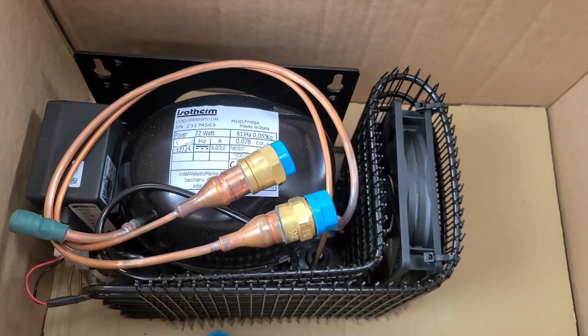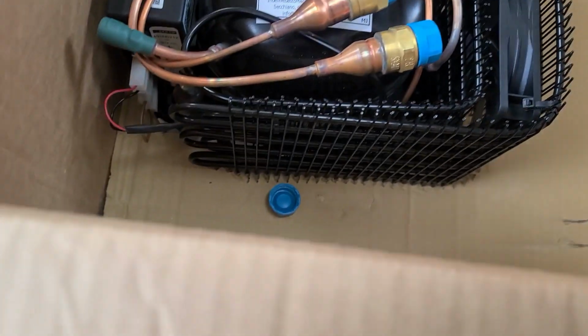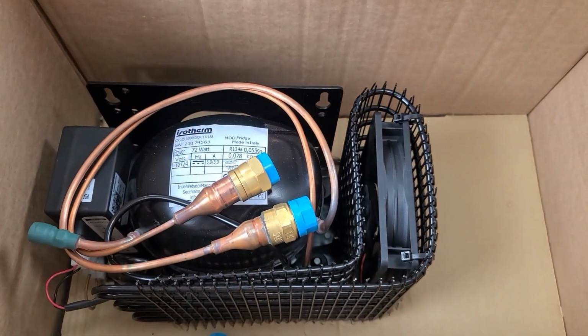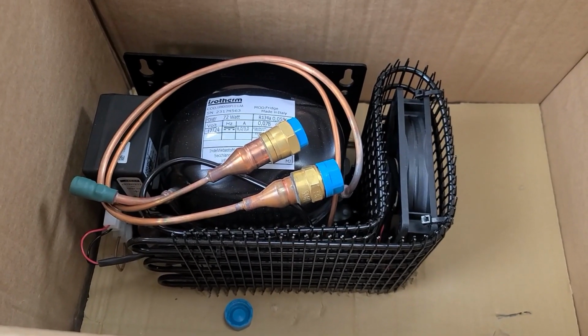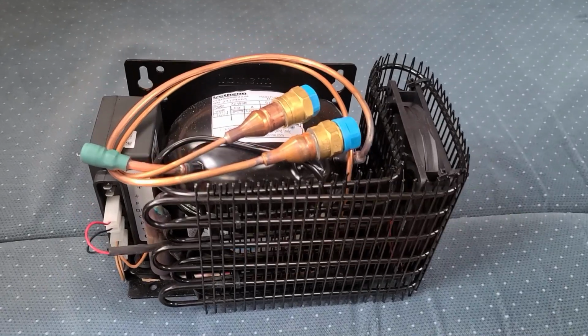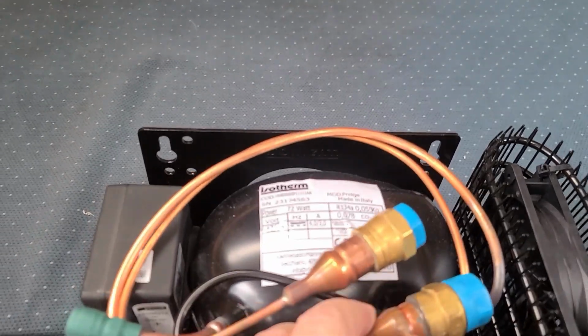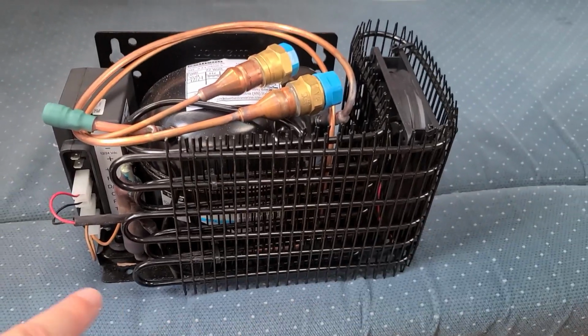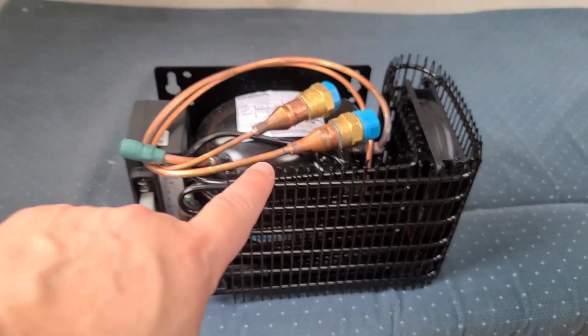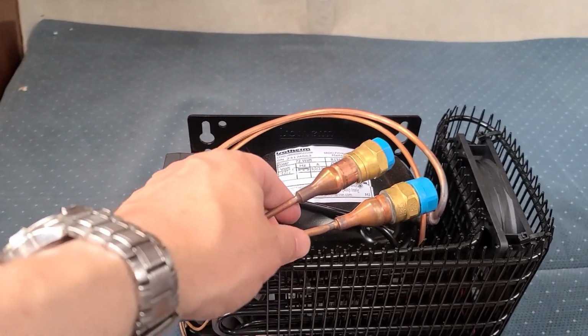So there's the compressor. There's our guy. So then, oi, that weighs a bit. So I'll pull that out of here and then take some pictures of it. So that's what you get. Okay, so there's the compressor. There's the mounting plate in the back here. Got one of those. Here's all the little lines, and then we've got our more copper connections